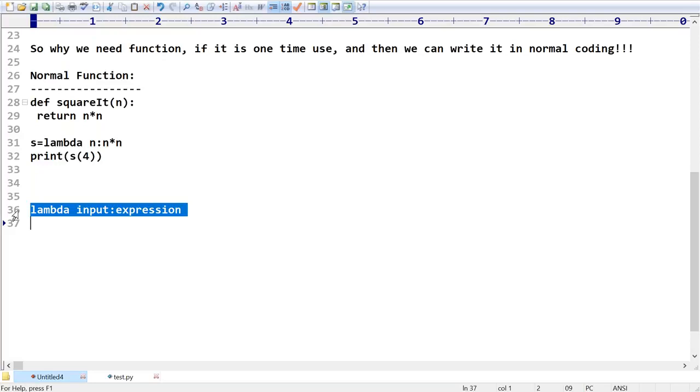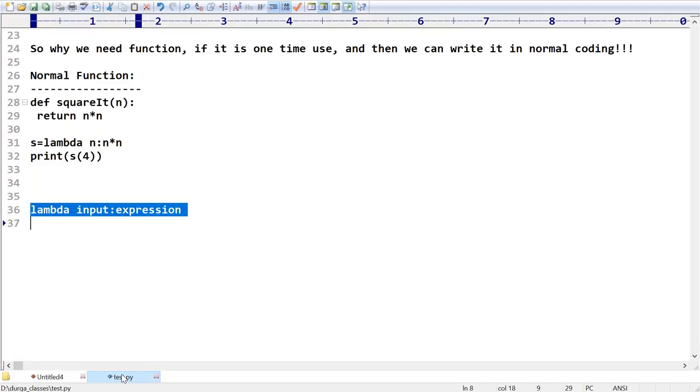Okay, that's all. Now let me go for a small program. Write a program to create a lambda function to find the square of a given number. That is my requirement.